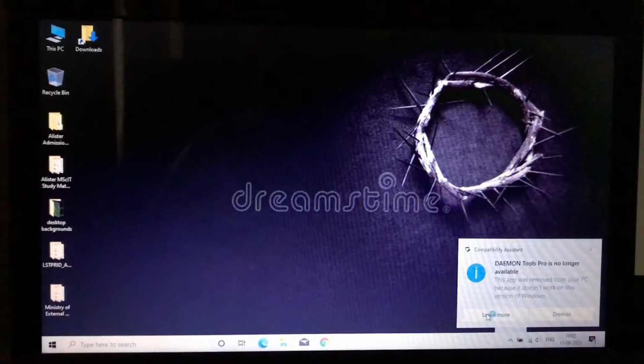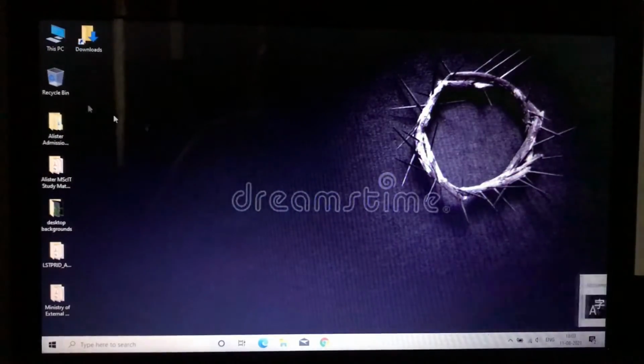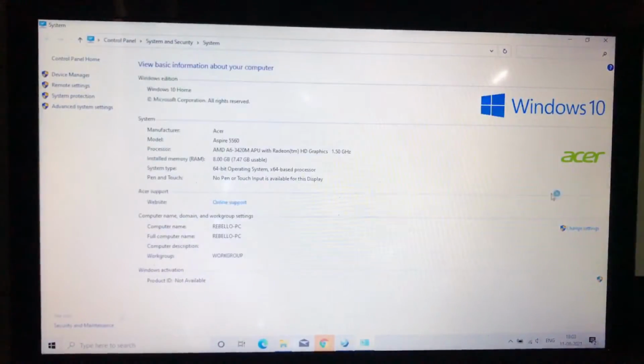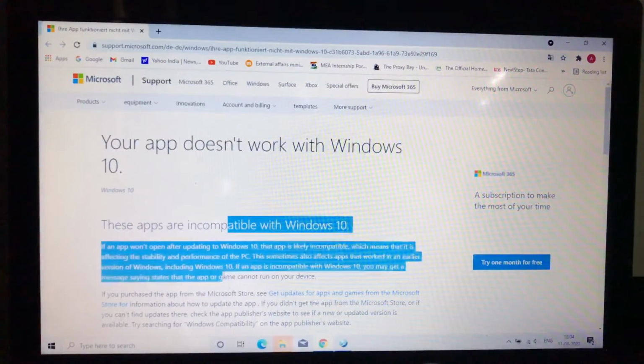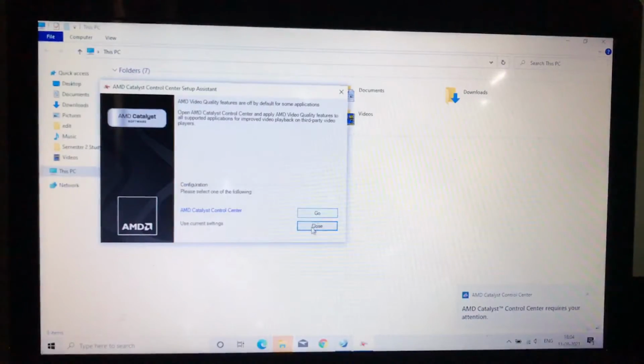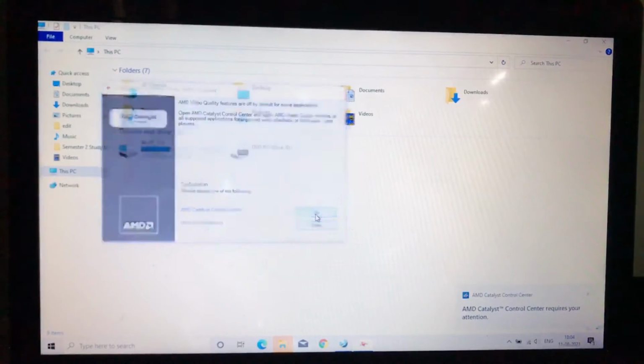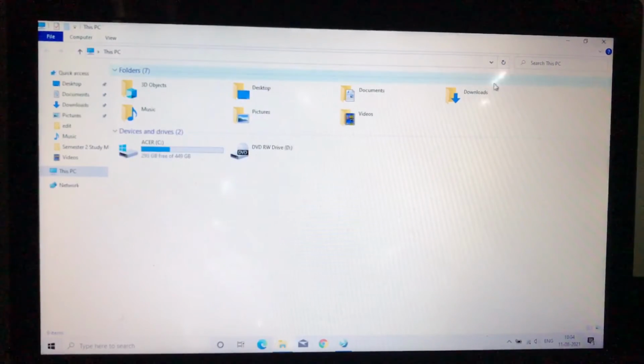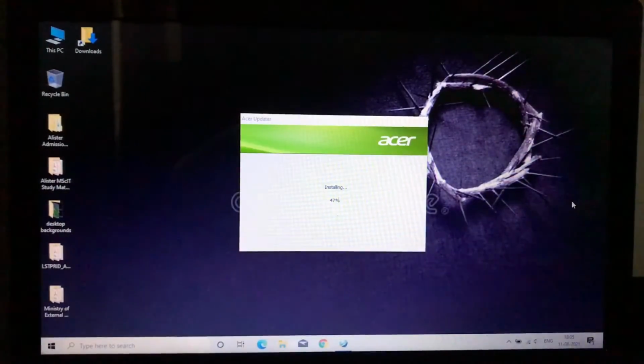Once again, you're just going to go ahead and click on learn more for all the pop-ups and click on OK for any pop-up boxes that appear. Now in the settings, you can see that the product key is not activated as yet, and I'm going to show you how to fix that. Now when you click on learn more, some of these apps will redirect you to the Microsoft website, which shows that they are unsupported in Windows 10. Once again, for any of these pop-ups, just go ahead and click on OK and accept and install them.